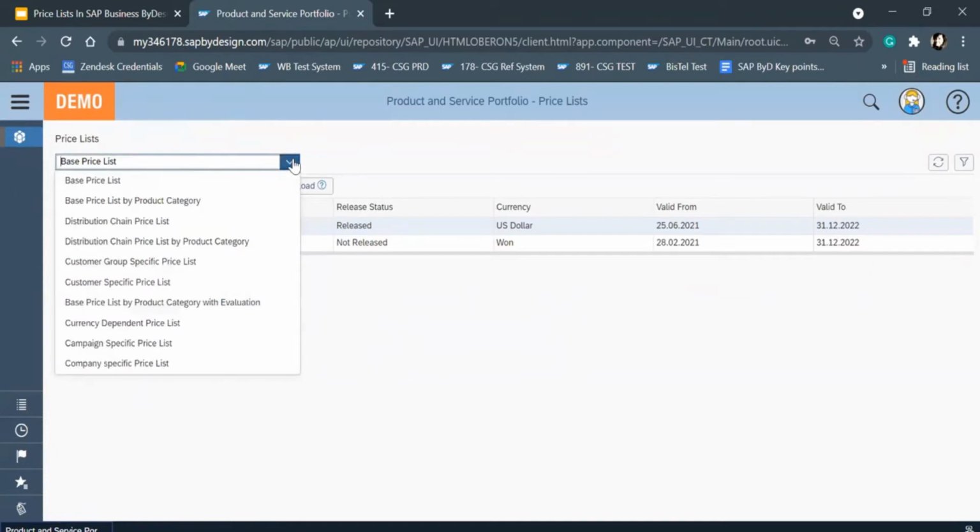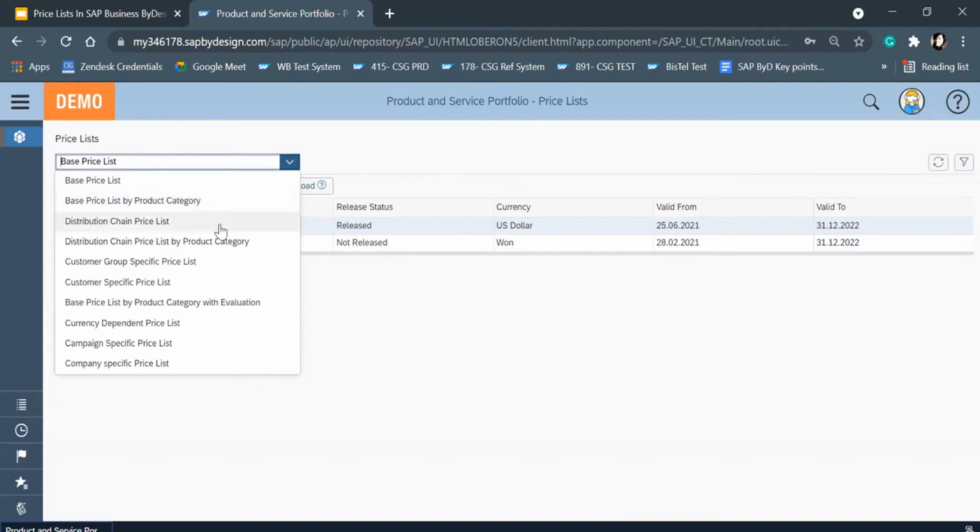So I will first tell you what exactly these price lists are, and give you a brief demo and explanation. First is the base price list. Maybe we can choose a company or something, and then we can make a price list for that. This will be the base of the product's price list. Then there's a base price list by product category. The first price list is according to the products, and the second one is according to the product category. Like we have different products in the system, some of them are assets, equipment, services. So when these kinds of product categories are defined, then according to that, we can set up a price list for that particular product category.